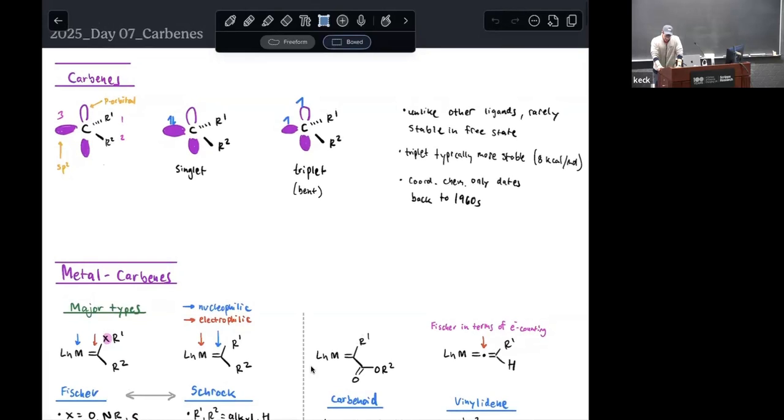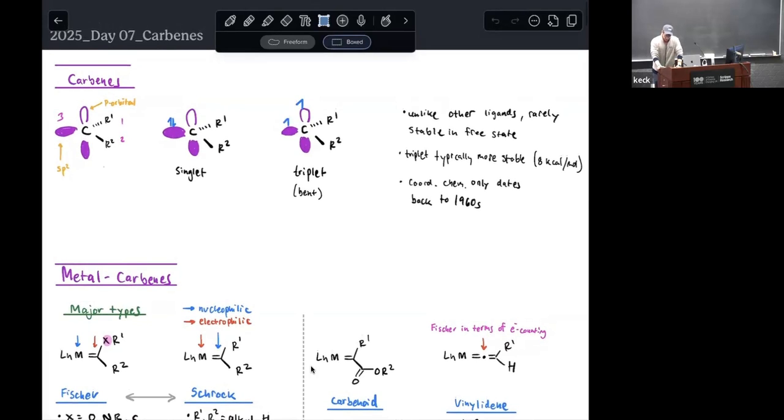Quite a bit to unpack here, and I'll try to get through kind of the primer version of this, and then we'll take a little bit more of a deep dive into the next class. Carbenes. The distinction I'd like to draw before jumping into metal carbenes here,